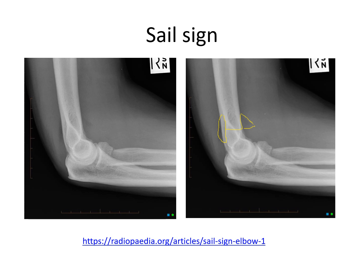So this is a classic sign. A radiologist would look for the sail sign to show them that the elbow was fractured. Okay, you can see the radial head is fractured here, but even if you can't see the fracture, the lateral elbow can show you occult hematoma by displacement of those fat pads. And they call it the sail sign